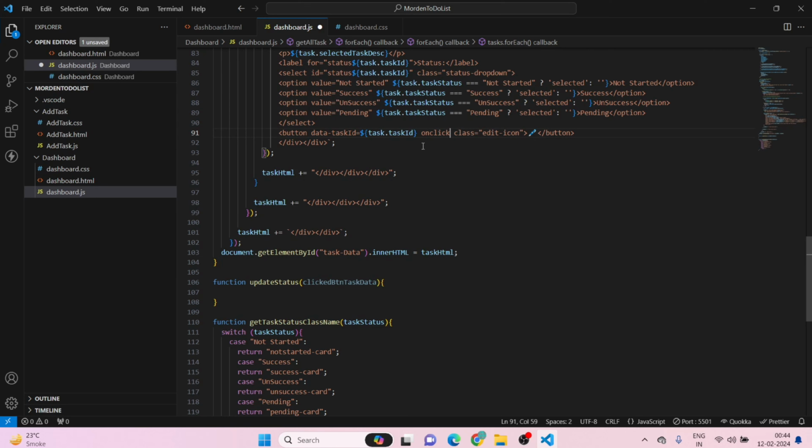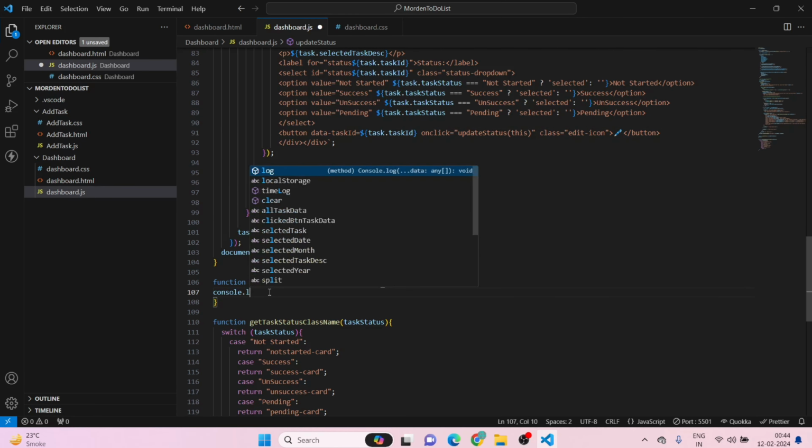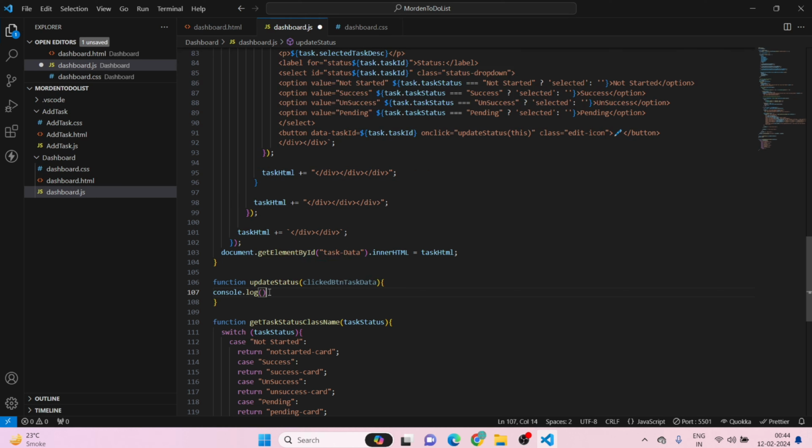So onclick is equal to double quotes, just copy it, you can paste it here, and this will be your this. Okay, now if you'll console.log this,